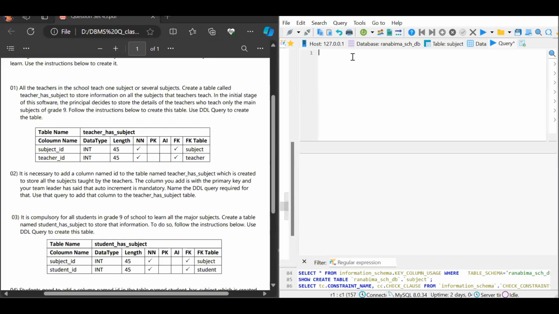So then as the first question, we have to create a table called teacher_has_subject. So then let's create the table. We can use the keyword USE, and inside the quotation marks we can give the database name as runmyschooldb, and then a semicolon. We use this to tell that we need to create this table in the database called runmyschooldb. So then let's create the table using CREATE TABLE,